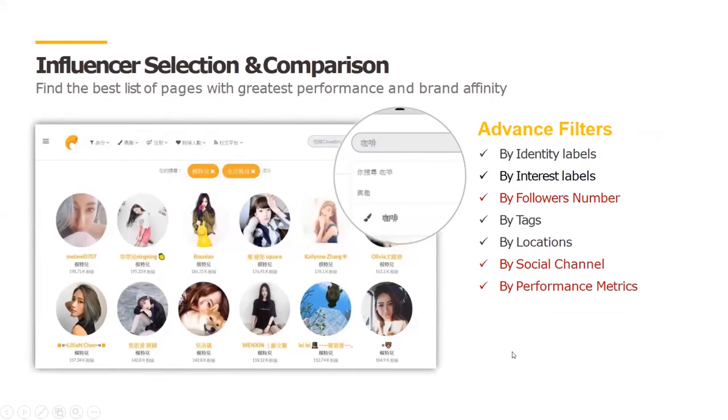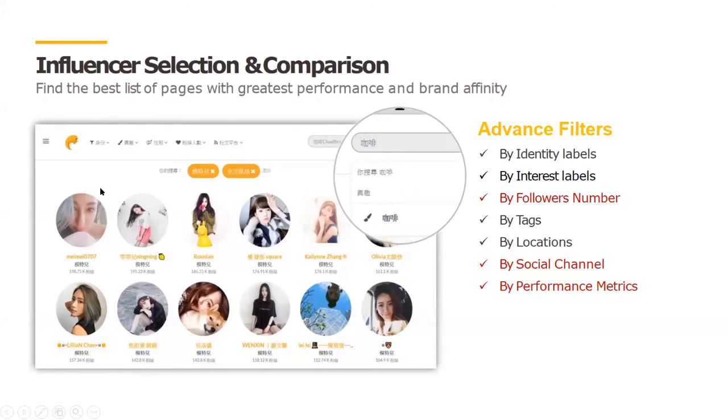And the next page is how to find the best list of pages with great performance and brand affinities. Like if you get a celebrity, how many followers they have on IG, or how many posts the celebrity will make on their social media, and what their performance is.